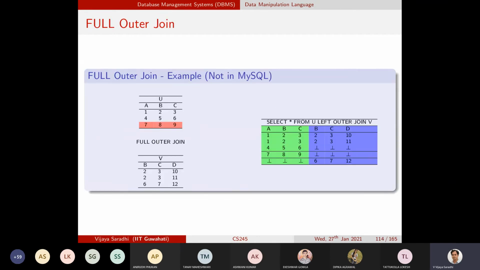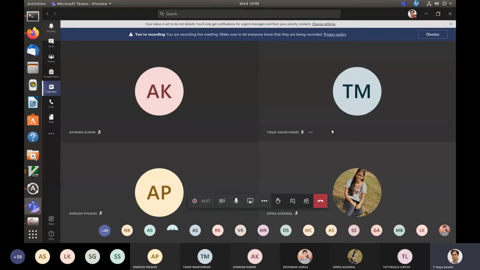Right. So let me take a minute break over here and see if there are any questions. Because understanding of these operations or operators is very, very important in answering the questions that are posed to your databases. You have already seen in your lab sessions the kind of queries that can be posed to a database.